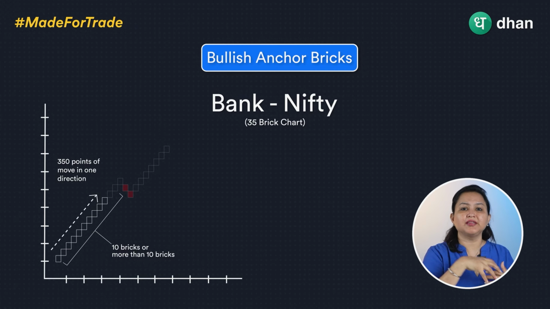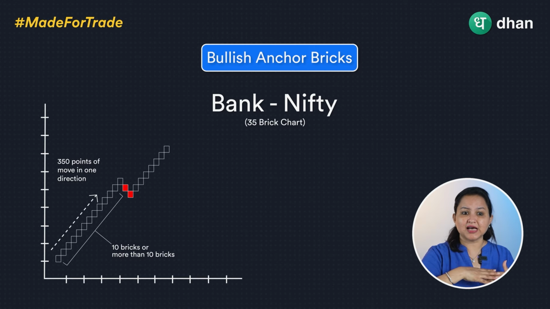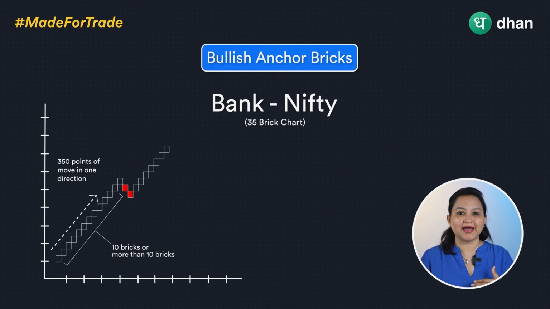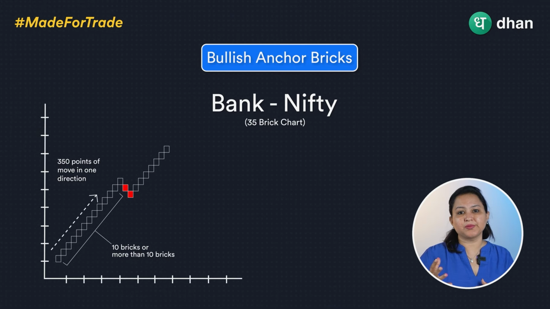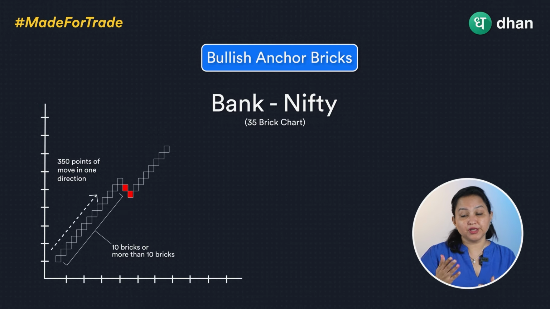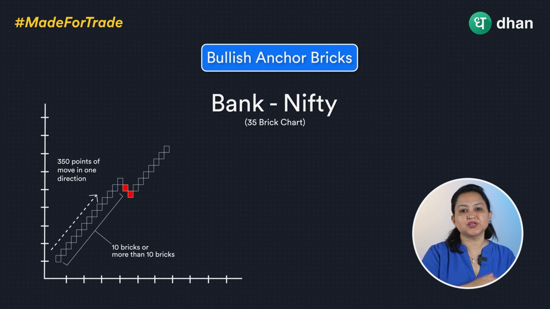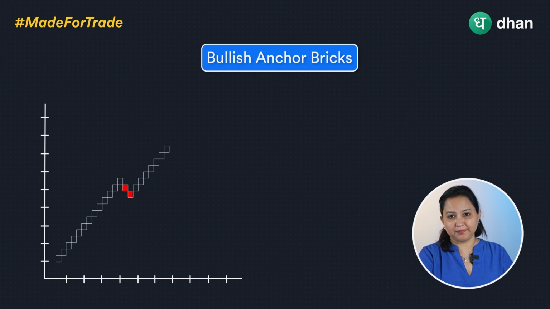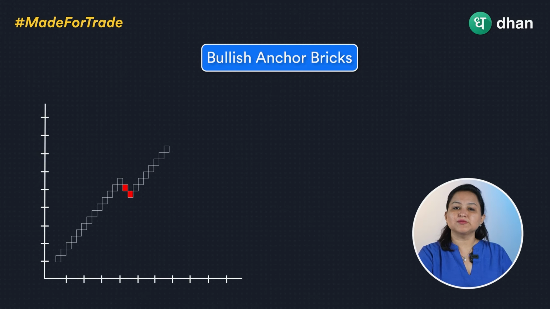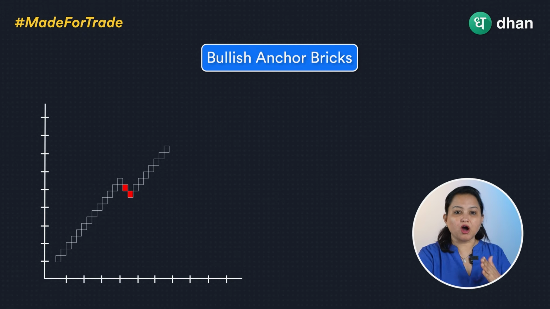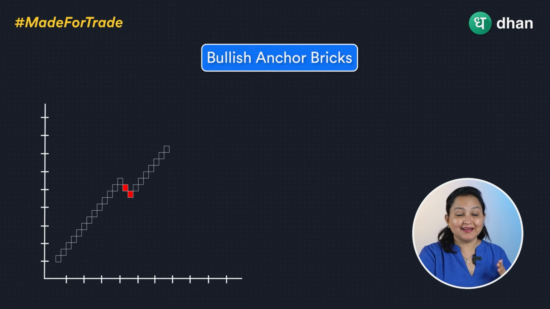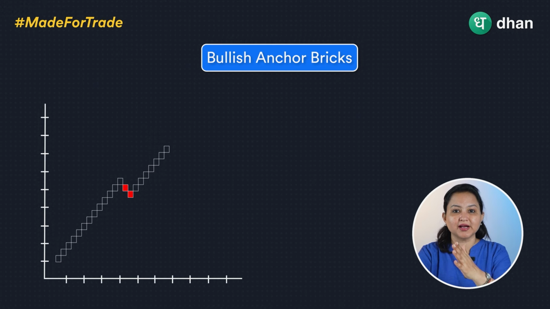Imagine the strength in those bulls, wherein the bulls are just not allowing a single brick pullback as well. That's where the anchor brick gets printed. That's the beauty of momentum, and we can capture this momentum in the Renko bricks with the help of the anchor brick pattern. Now after the anchor brick pattern, if you see a small pullback happening, so there is a strong momentum,